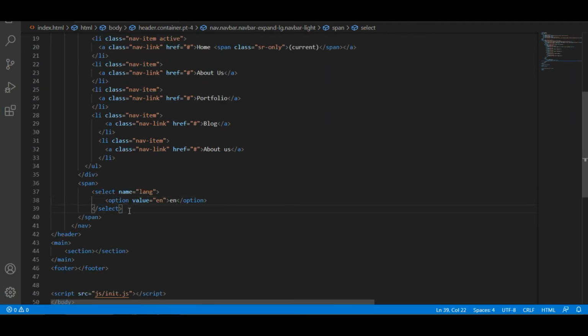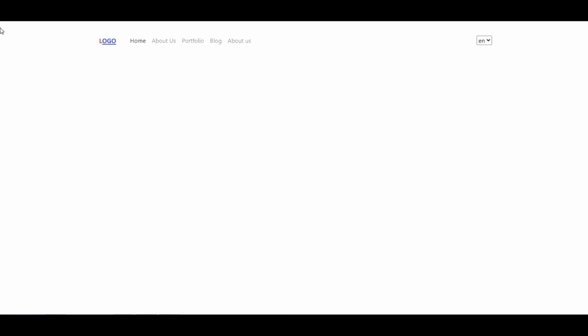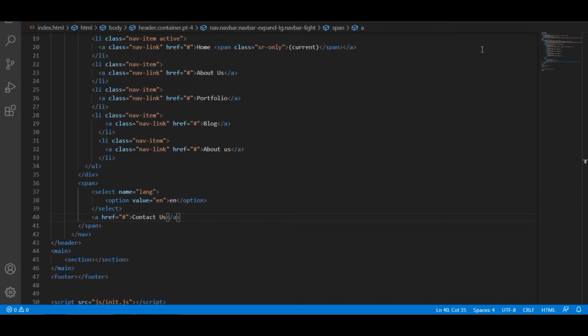Also we want a button there. I don't want any plain link, just contact us. When you see the contact us here, it's showing as an ordinary link style on that button. So we want to style this up.